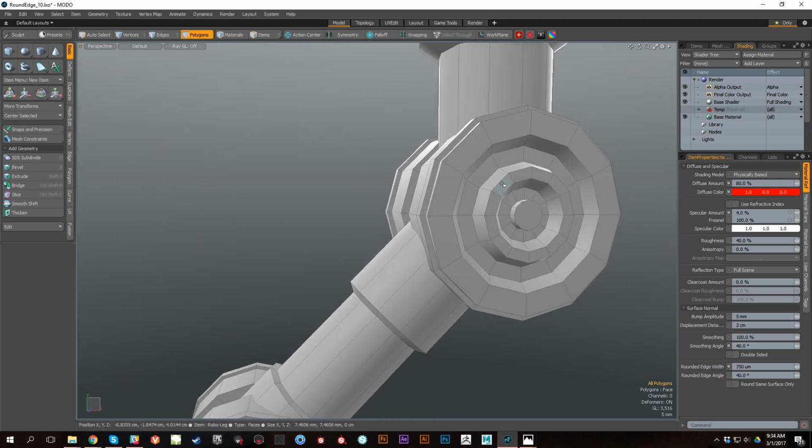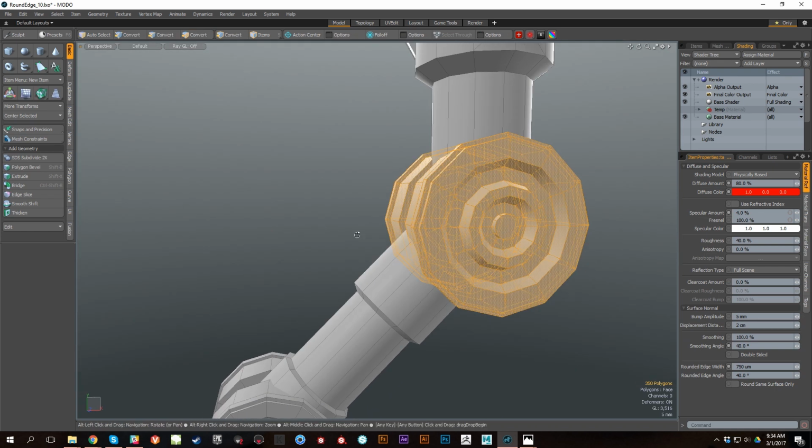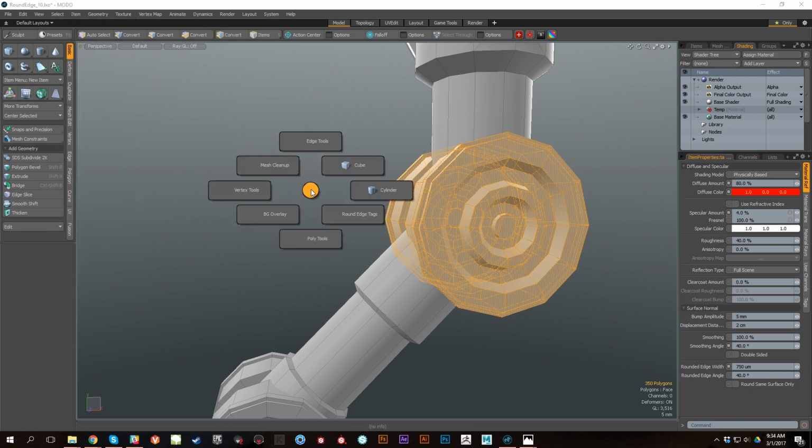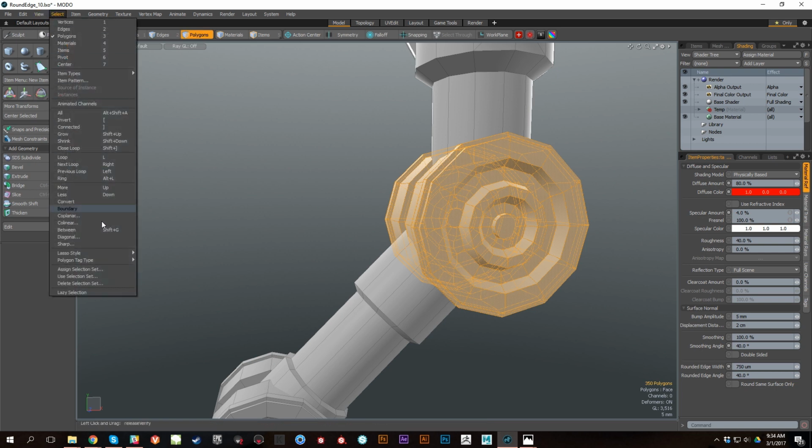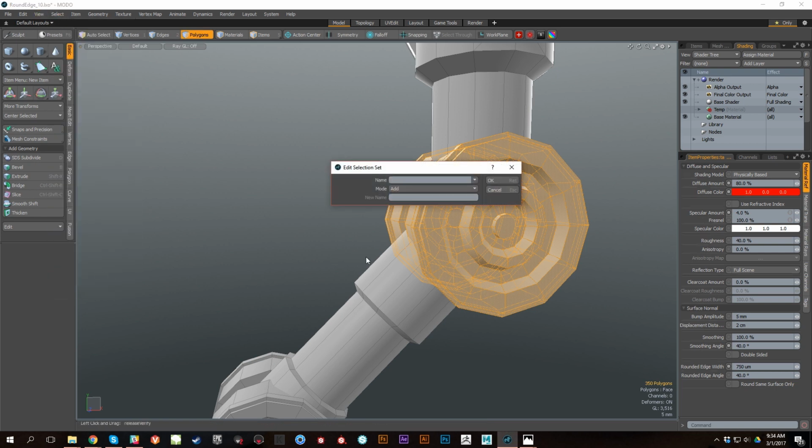All right, so let's select some polygons. In fact, let's just select this whole piece, and then we'll tag over it. So we've got some polygons selected. Go up to Select. I'm going to show you how to do this manually, and you're going to see why it sucks, and then we're going to do it with my custom pie menu. Okay, so go to Select, Assign Selection Set. Let's call this one